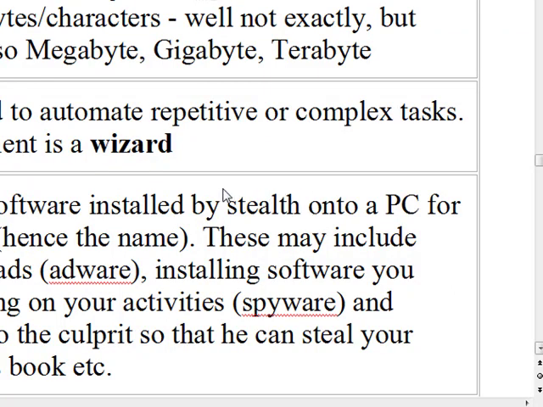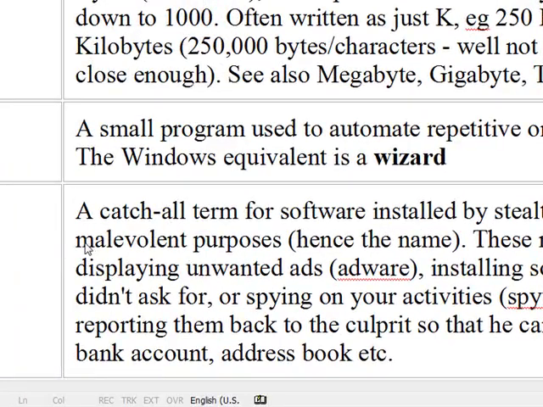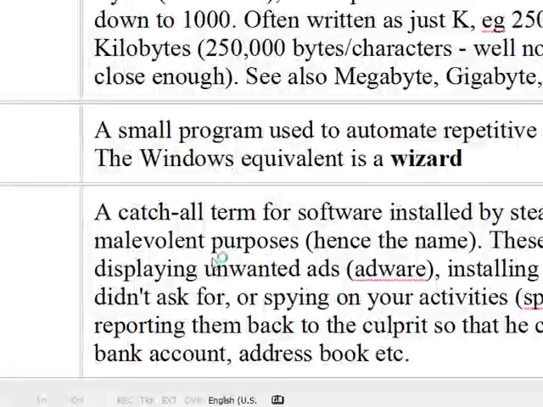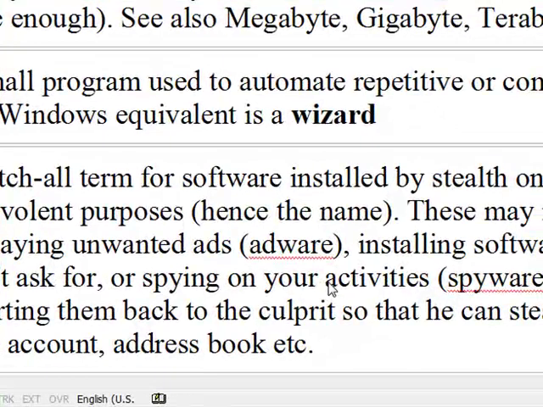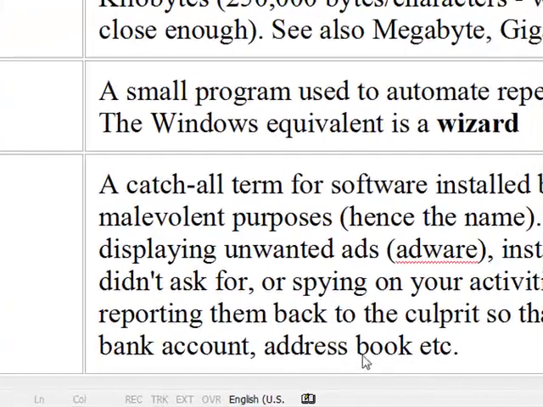And it's software that's installed for bad purposes, malevolent purposes. It may be for displaying unwanted ads. It may be for spying on your activities by recording all the keys that you type. It may be for other reasons, to steal your bank account or your address book or your passwords. Malware.